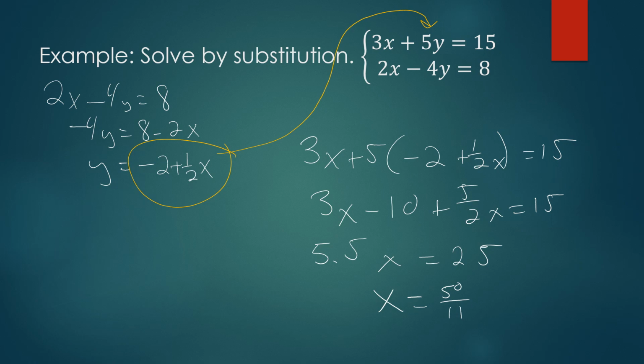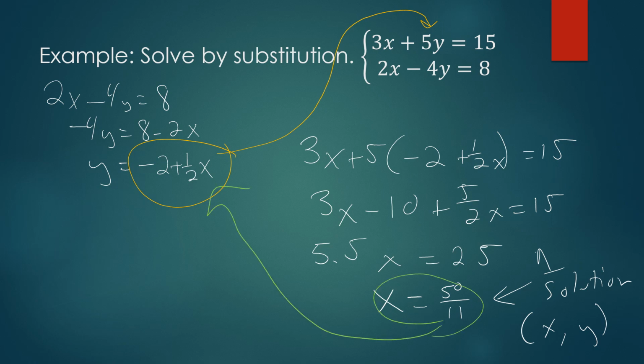Now, remember that a system has to have an ordered pair as a solution. Since we found a value for x, this tells me that we have one unique solution. But we only found half of that solution. Remember that a solution must be in terms of x and y. So we need to find the y. How can we find the y? We will back substitute